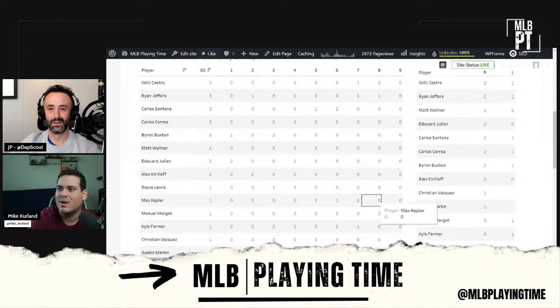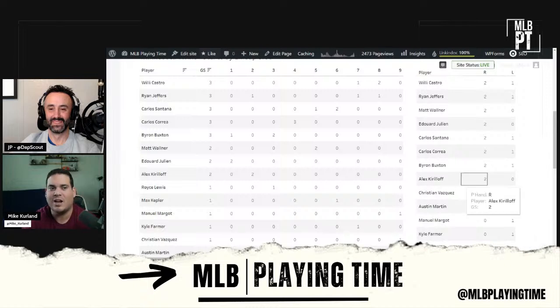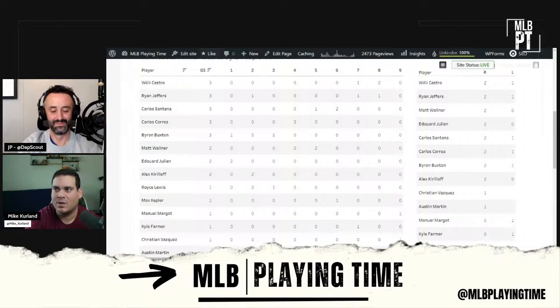Kepler always gets the first crack at it, and then if he fails, they'll start shifting in Julien. If Julien fails, they'll shift in Wallner. It's what they do. Rocco Baldelli lets the hot hand run over there in Minnesota. So this is one of those lineups with a lot of frequent changeover. But if you know the basics of who plays against lefties and who plays against righties, from there you can just make your decisions.